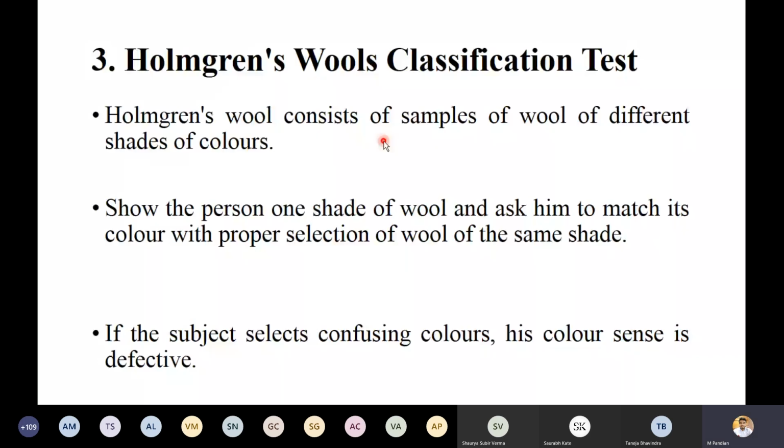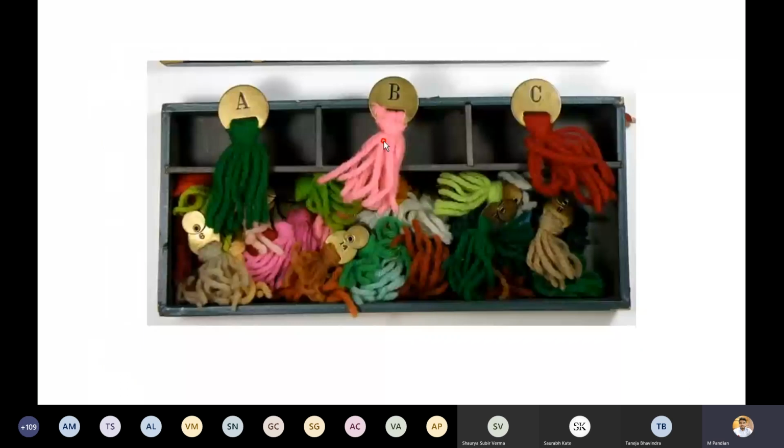the Holmgren wool test. Very simple test. Can you see the wools? A, B, C, D like this. It is there in our clinical laboratory. Whenever you are testing color vision, you will for sure get the Ishihara chart test and the Holmgren wool test. You have to pick the green color, for example.